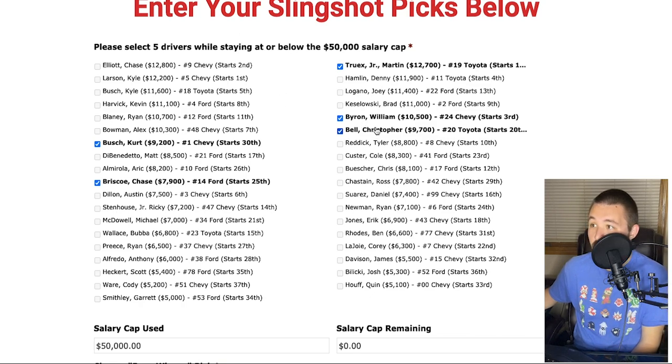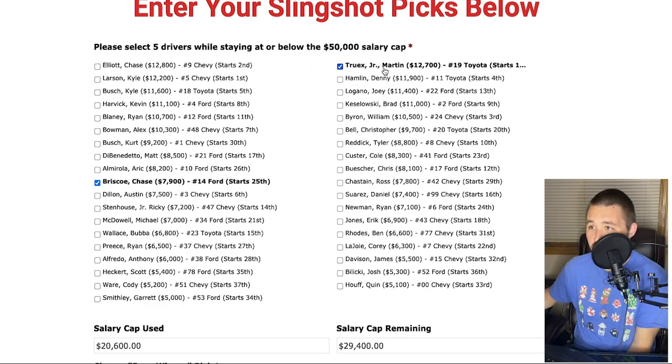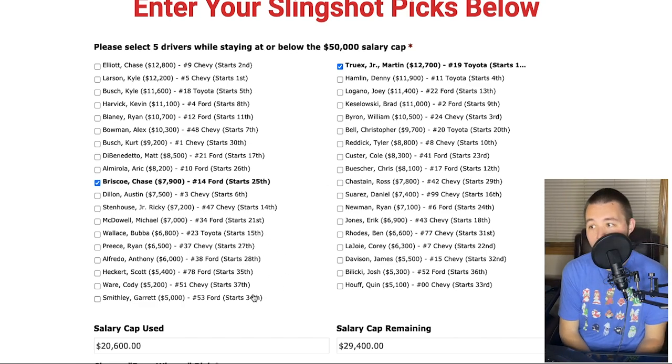But yeah, I think Christopher Bell, Kurt Busch, both great plays here in this mid-price range. I love Chase Briscoe this week. Obviously, Chase Elliott, Martin Truex Jr., Kyle Busch, all solid plays. Chastain, you're just hoping for place differential. And then lower dollar guys, I like McDowell and Priest. So